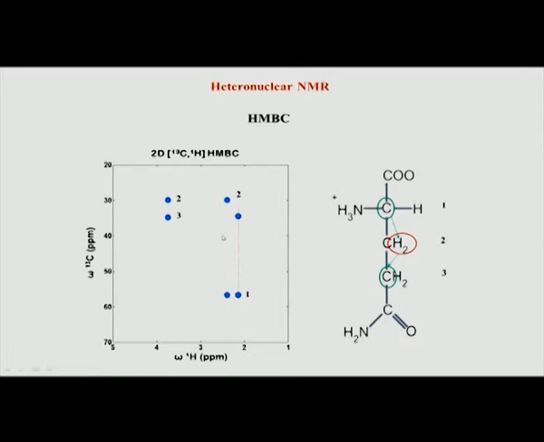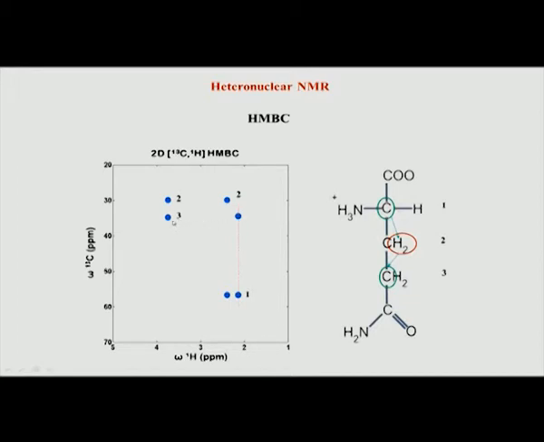So, you can see in this particular schematic drawing, when I look at this red line which corresponds to proton 2, we are looking at proton on the x axis and carbon on the y axis. This proton number 2 has a chemical shift of around 2.1 ppm in the proton axis, but in the carbon axis you do not see the correlation to carbon 2. Carbon 2 should be here, but that is what we do not see. We get a correlation to this carbon which corresponds to 3